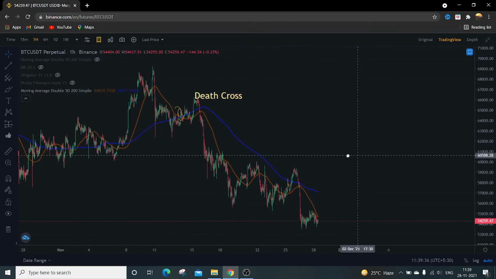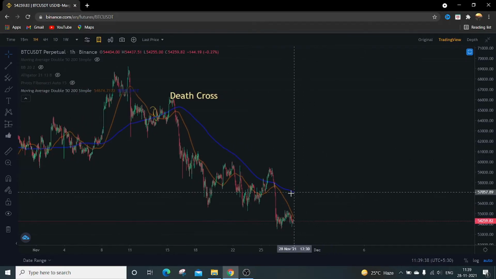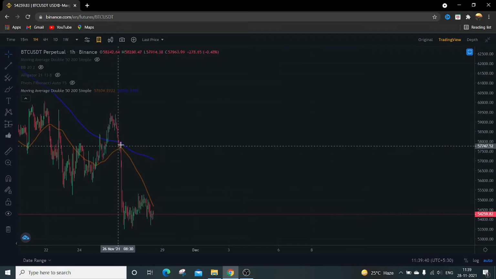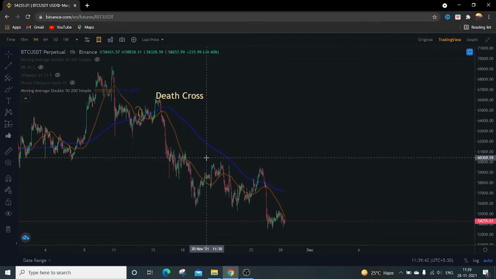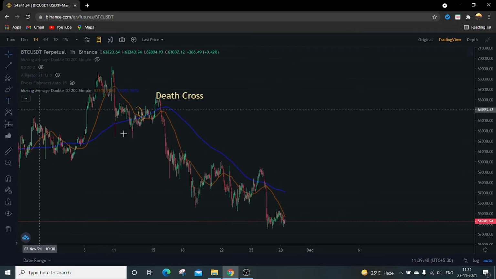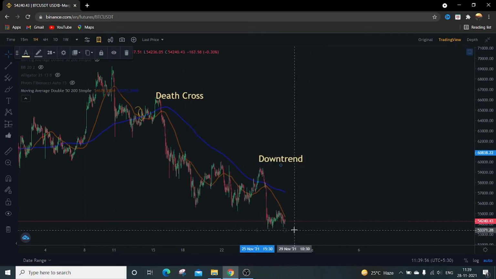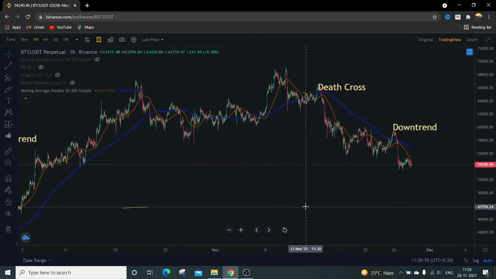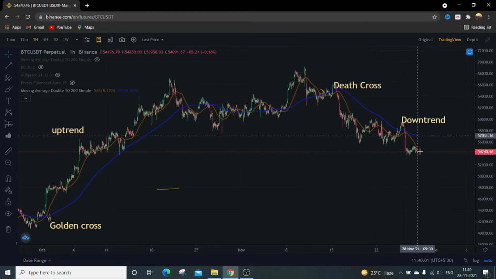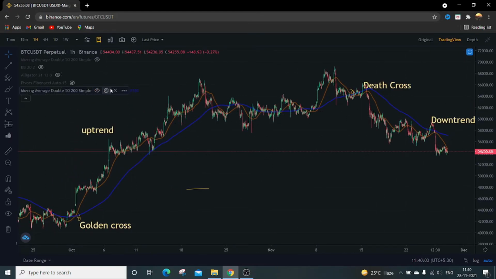You can see over here it came up and again went down. It went down and down, so it is called a downtrend. So I write over here downtrend. In this way you can identify the uptrend and the downtrend using these simple moving averages,